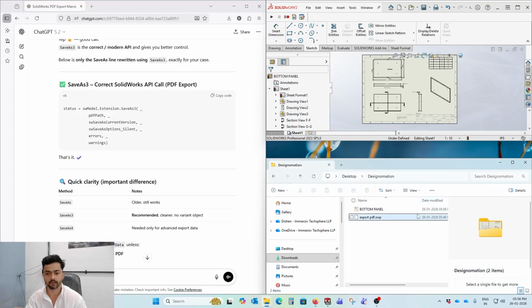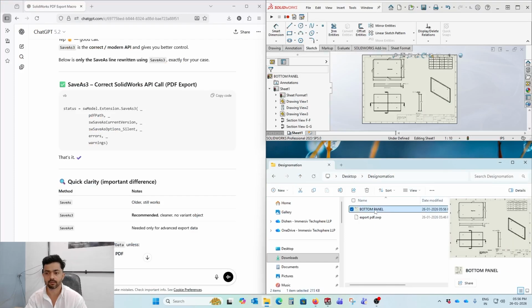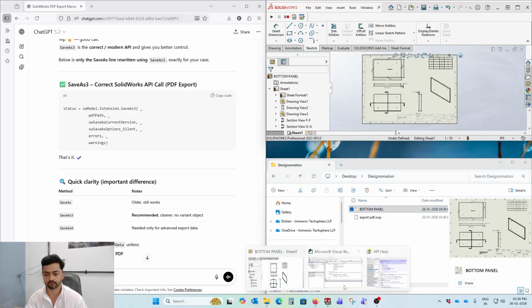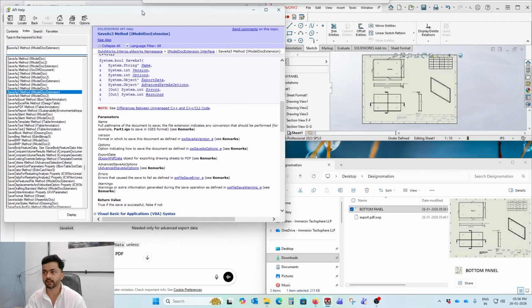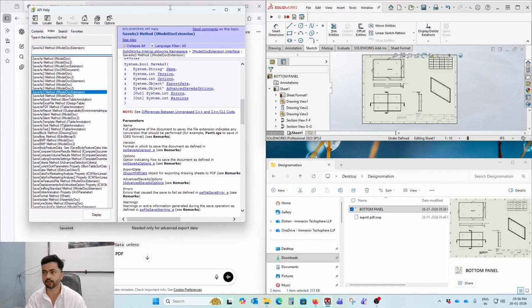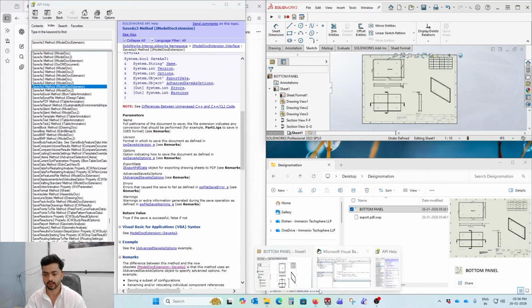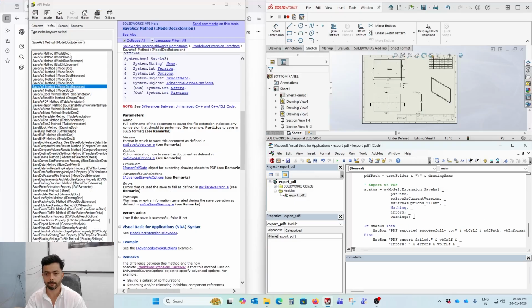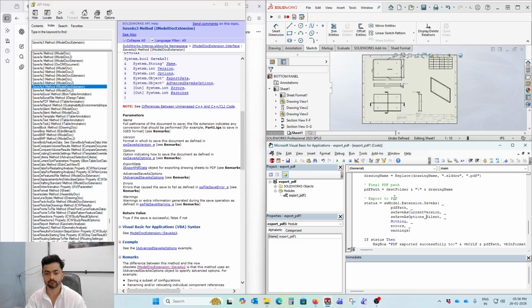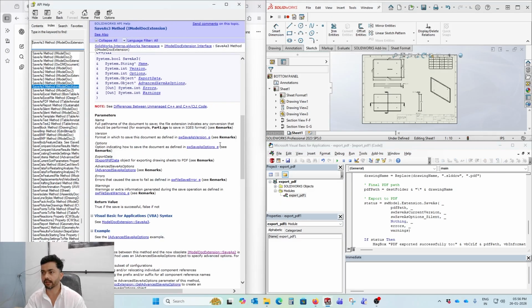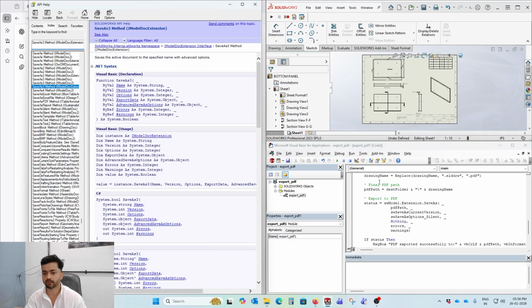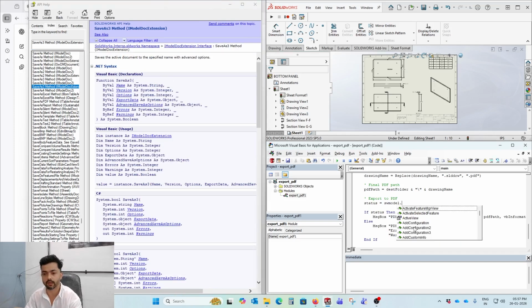No, we do not have a PDF, but we have the SolidWorks drawing file. So let's see what we got. We'll see the APIs over here and go through here. So we'll use this API. The latest API is the SaveAs3 method. So instead of writing all these things, I will write swModel.Extension.SaveAs3,